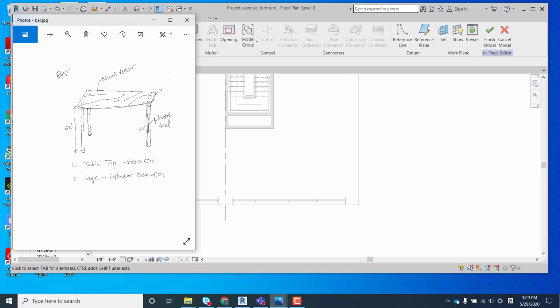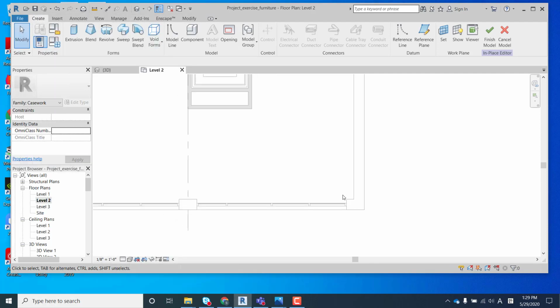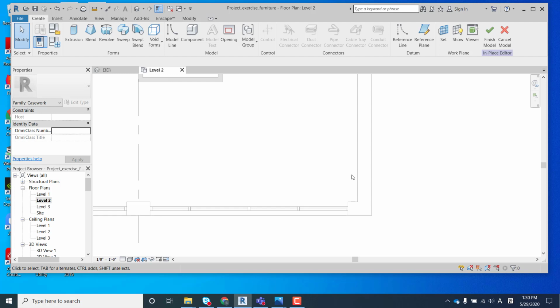It has a simple tabletop, and then the cylinder legs, and later on the tabletop will be attached to the wall using a bracket or something similar to that. But for this demonstration, I'm gonna place maybe one cylinder leg over here and another one over here. Using model in place, because you can see how it will be fitted into the area, it's easier to design it around the